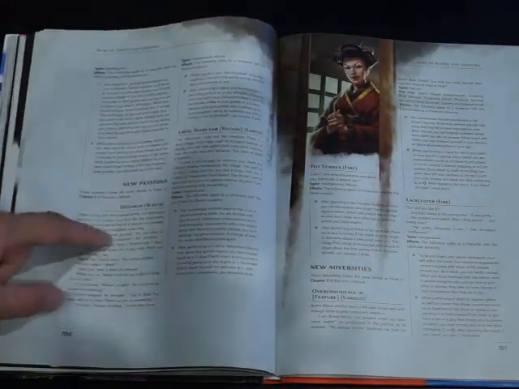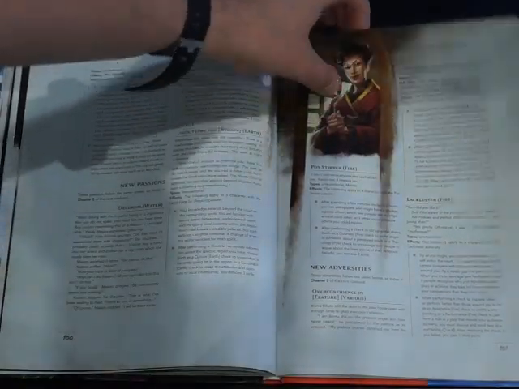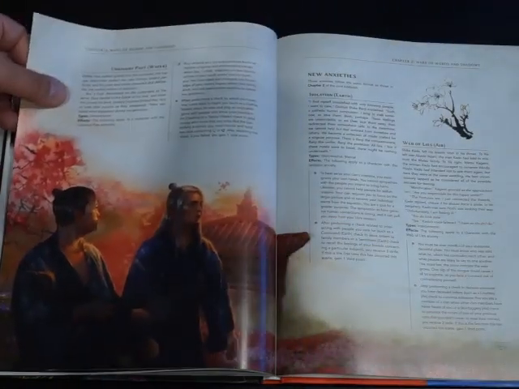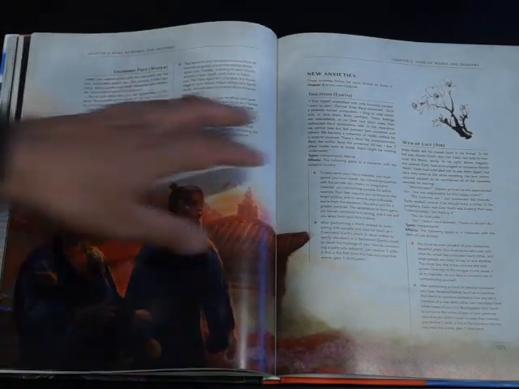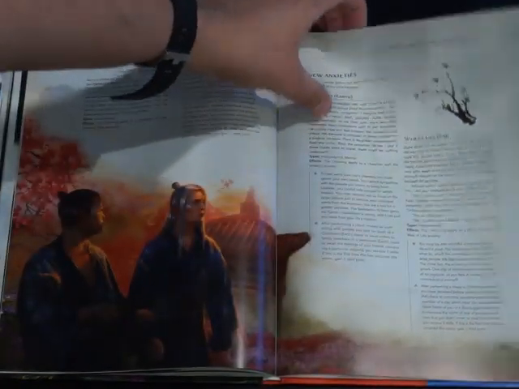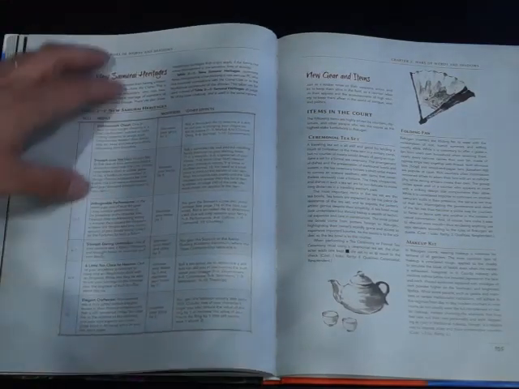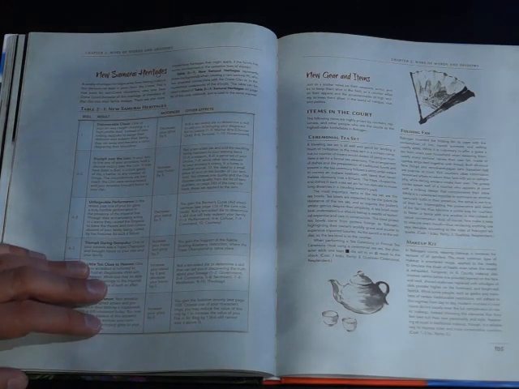Famously neutral, and then some new passions as well. And we get then some new adversities, and these all fit with the theme of the court. I would say they fit really nicely. Then we get new anxieties, again fitting with the court. And then what was really, I thought was quite nice, was some new samurai heritages, which are, let me see,